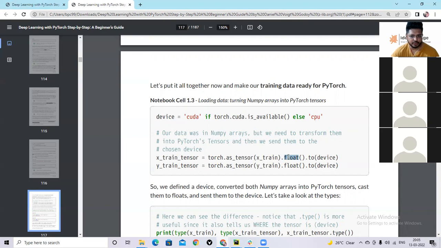After converting into float, send the entire tensor to the device, that is the GPU, and we get our x_train_tensor and y_train_tensor, and these two are GPU tensors. These two tensors reside in the GPU memory now, not in the CPU memory. So you have to remember this.